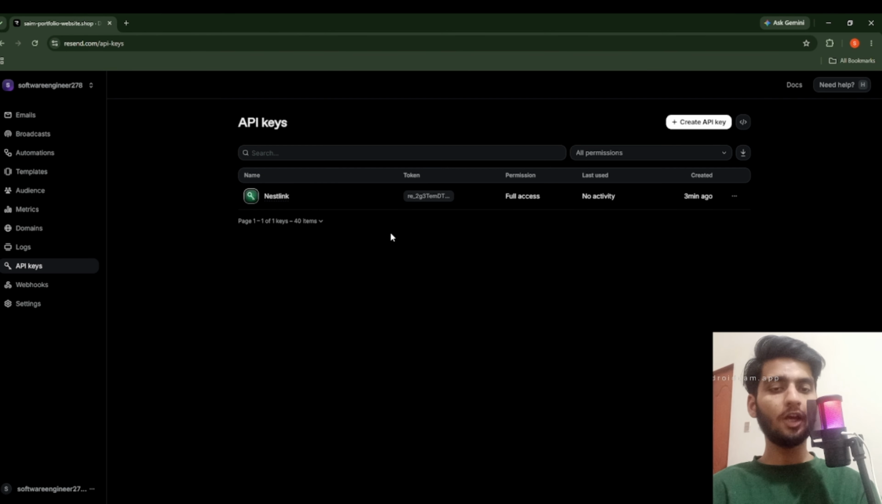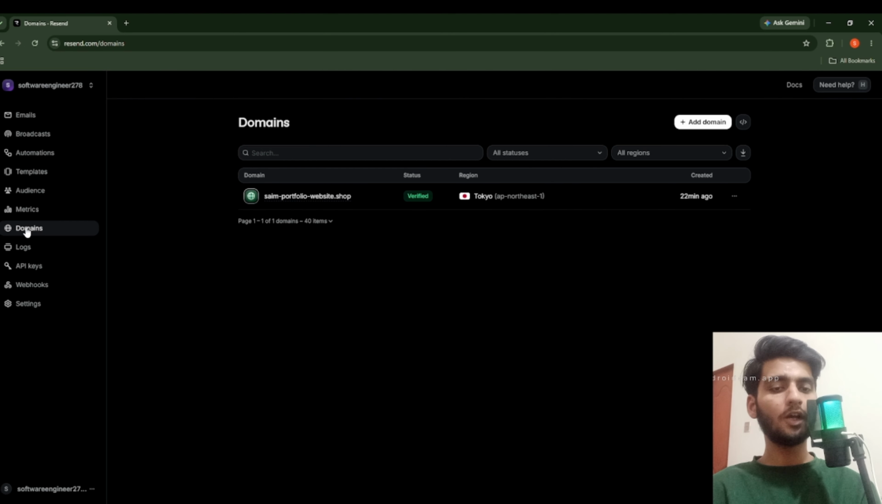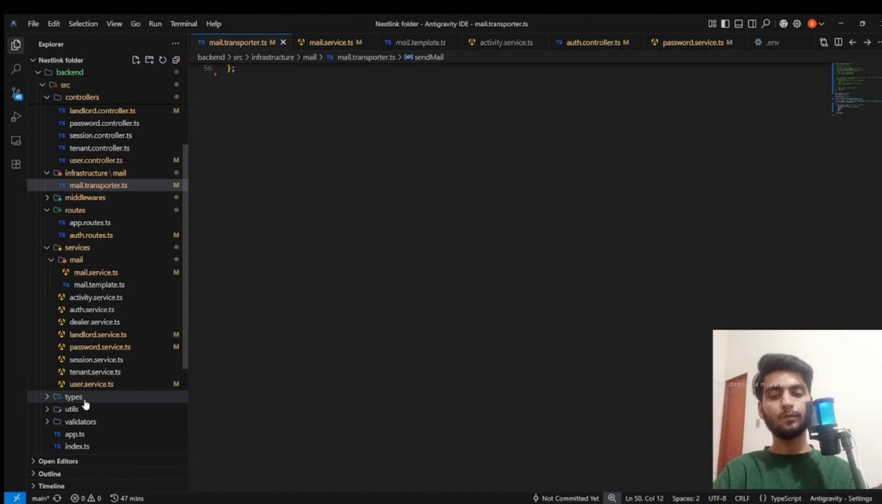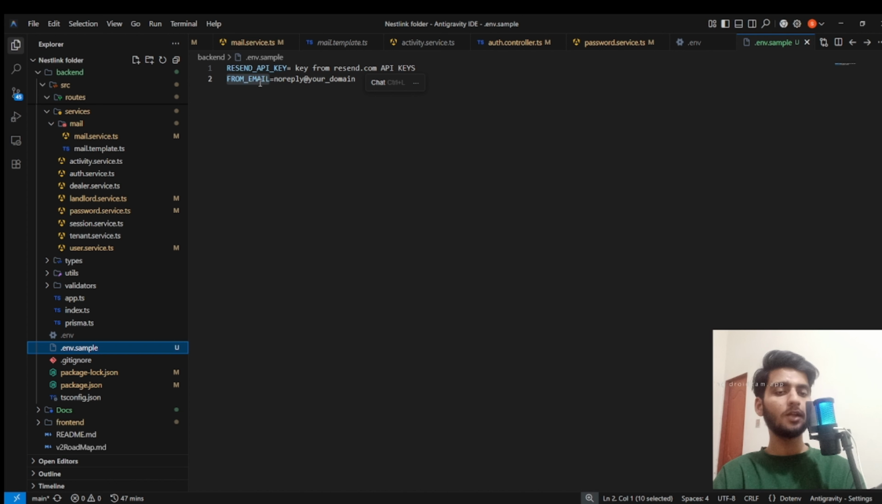Now as you can see, we have created the API key, and we have configured the domain that we will use in our project. Now I have created a .env.sample file to show you how you can use your env variables. You have to use these exact two variables with these exact names. RESEND_API_KEY: here you will write the API key from your resend.com. And then a variable FROM_EMAIL: here you can write noreply@ followed by the domain that you configured in resend.com,